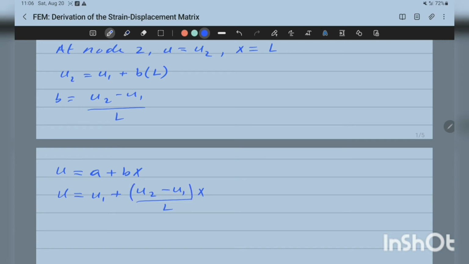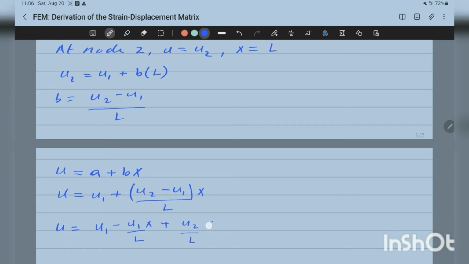So this is the expression for u, which means u is equal to u1 minus u1 over L x